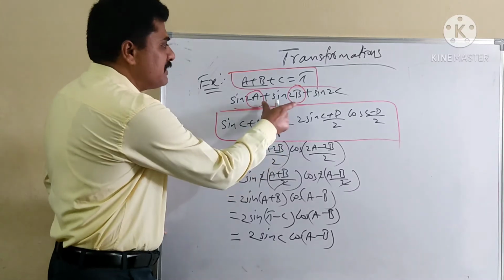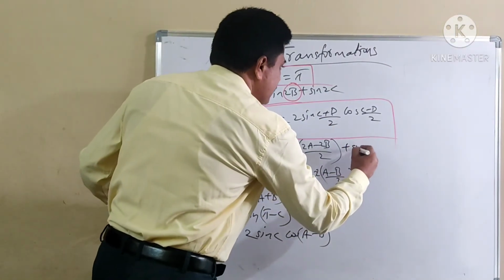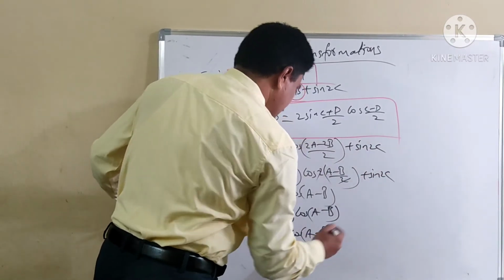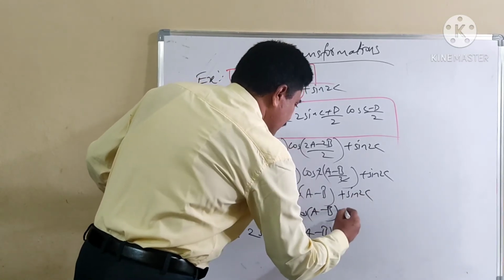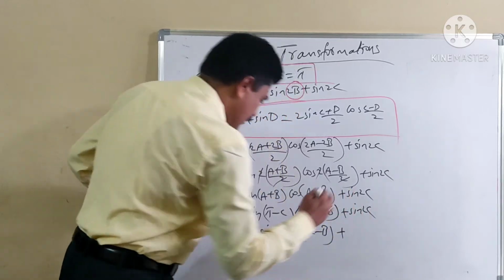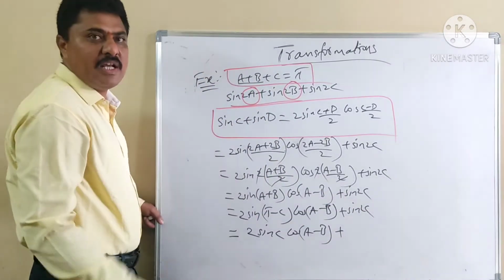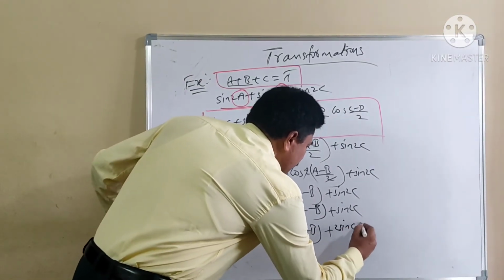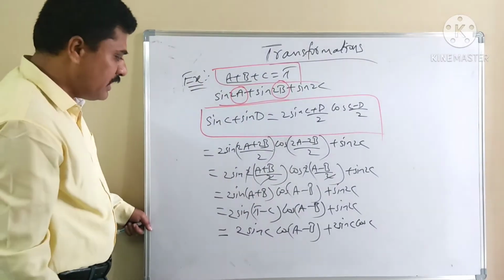Here, first 2 terms I have taken. Here we are having the third term. That we have to write the same here, that is plus sin 2C. Continuation of this third term we are writing the same. Plus sin 2C now. 2 sin C is there. The sin 2A formula also we have proved in the last video. Sin 2A is nothing but 2 sin A cos A. That is, sin 2C can be written as 2 sin C cos C.